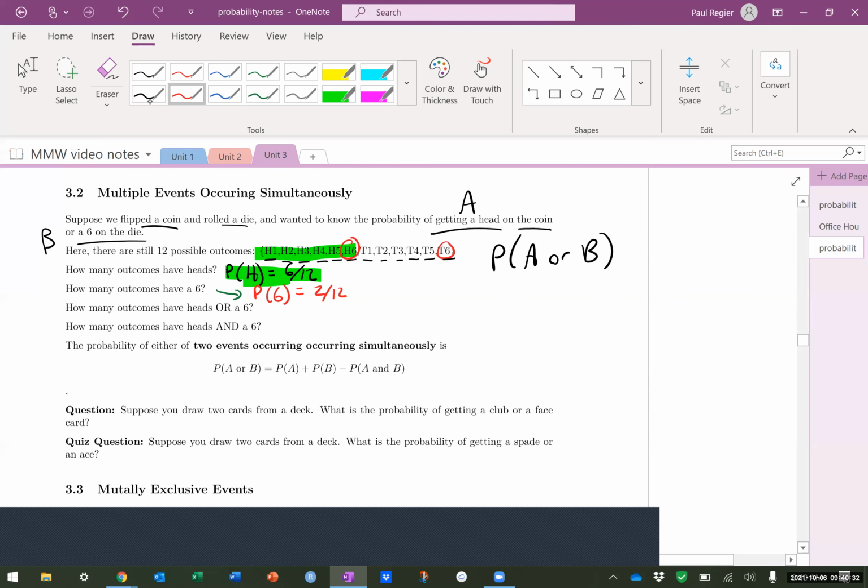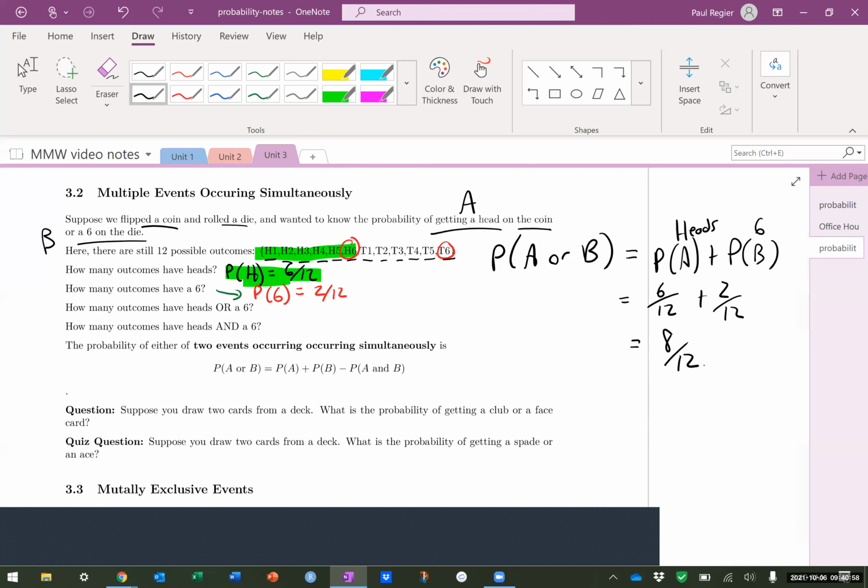Okay, so if we think maybe we can just add these together, probability of A plus probability of B, and I guess I'm calling A heads and B 6. 6 out of 12 plus 2 out of 12, that's 8 out of 12. But wait, how many outcomes are either a head or a 6? Satisfy that condition. Okay, let's go back to